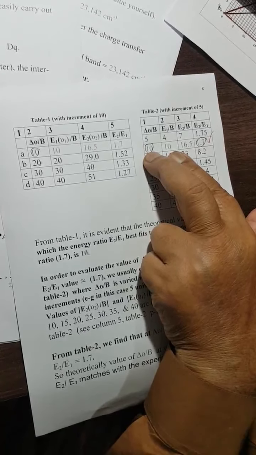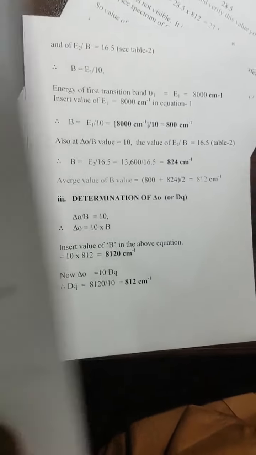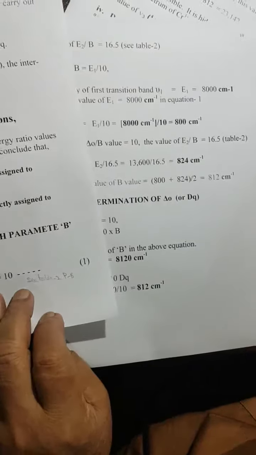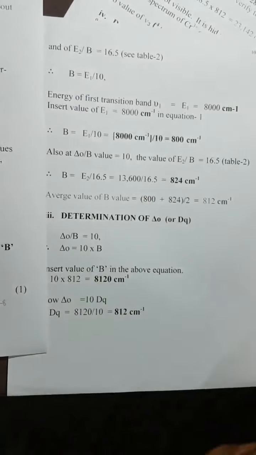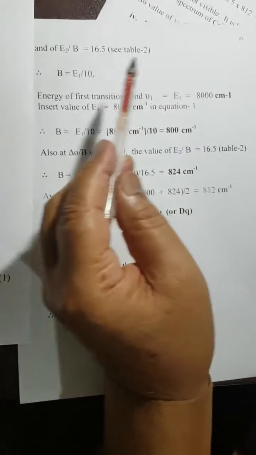So we find it out. Remember, we know the energy of E1. Where is the energy E1 written? E1 is equal to so much. So what we will do, we'll take this value, put it here, and finished. The whole thing is finished. Next step: E2 over B is equal to 16.5 at 10. See this one. At delta octahedral equal to 10, the E1 value is equal to 10, and the E2 value is 16.5. This is what I mentioned here. So see Table 2. So delta